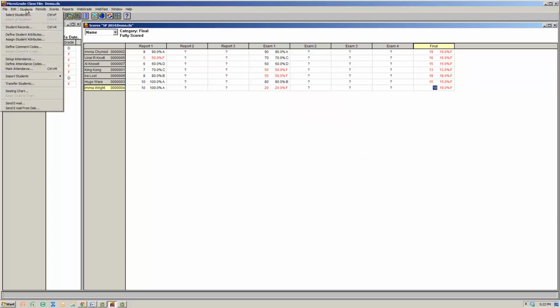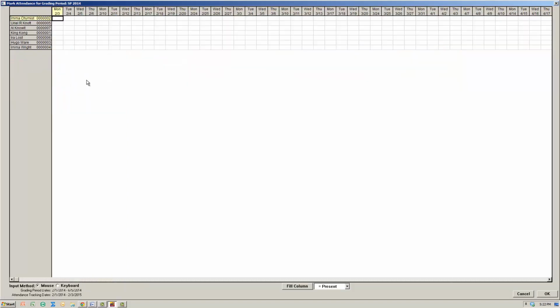Now, I didn't put any holidays in, but you can enter those as well. And you can go to Mark Attendance. And this will give you all the dates for the semester, including the holiday dates if you didn't mark those. And I kind of like that because it's a little bit easier to navigate, because I like to use the keyboard. And then when you have the keyboard, you can just scan around really quickly and enter the attendance codes